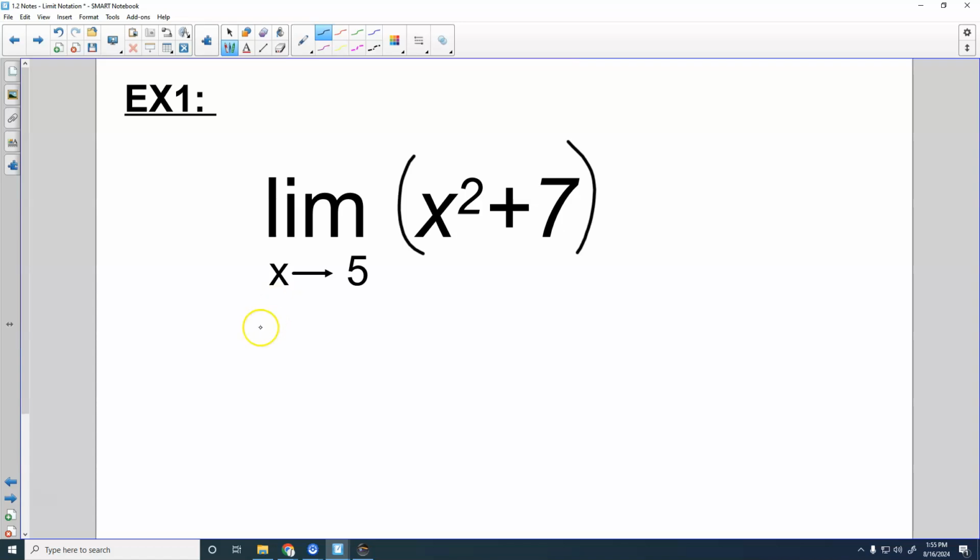So in this particular case, this is asking us to find the limit of x squared plus 7 as x approaches